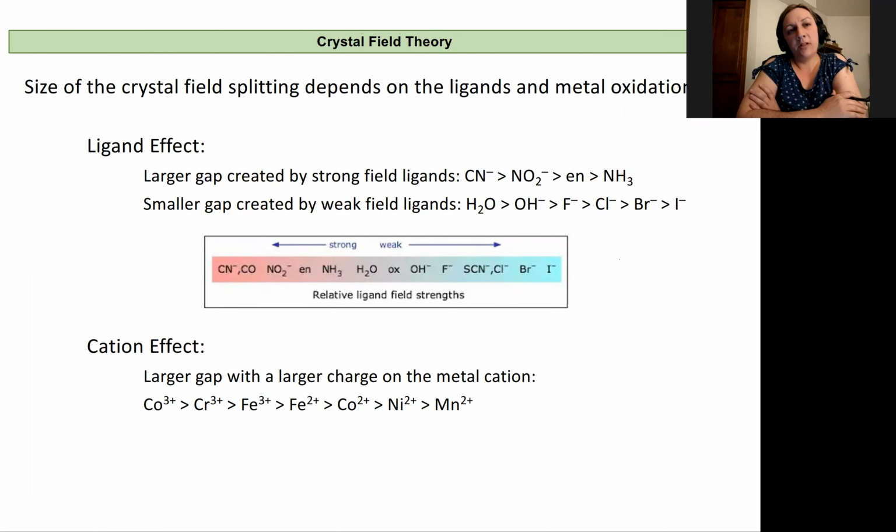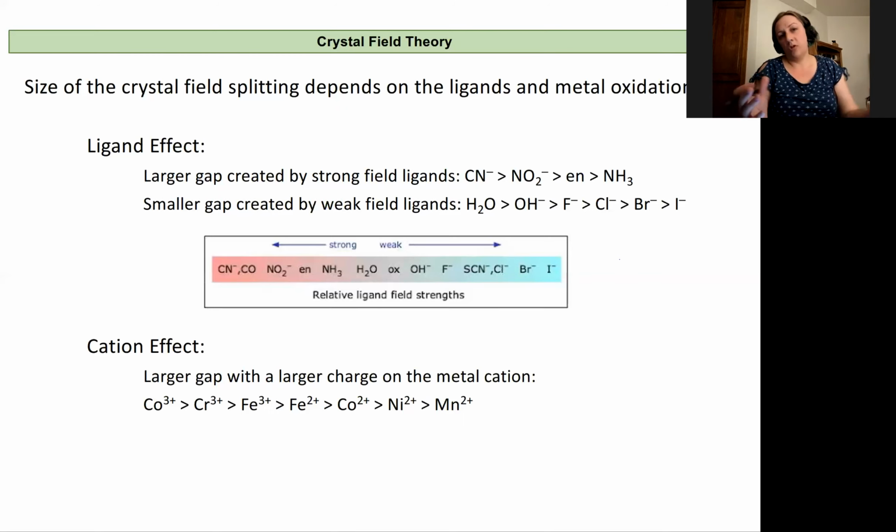In this lecture, I want to talk a little bit more about the effect of ligands and metal oxidation state on the size of that crystal field splitting energy. It's important to remember that we're really balancing two things here: the effect of the ligands and the effect of the cation on what that energy actually looks like. So we can't usually directly compare between two different metal ions. When the cation itself is different, we need to have one of our variables be the same. Either it's the same ligand with different anions or cations, or the same cation with different ligands.